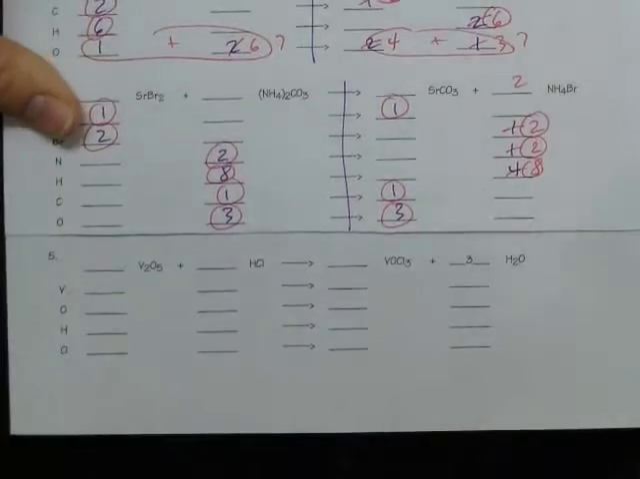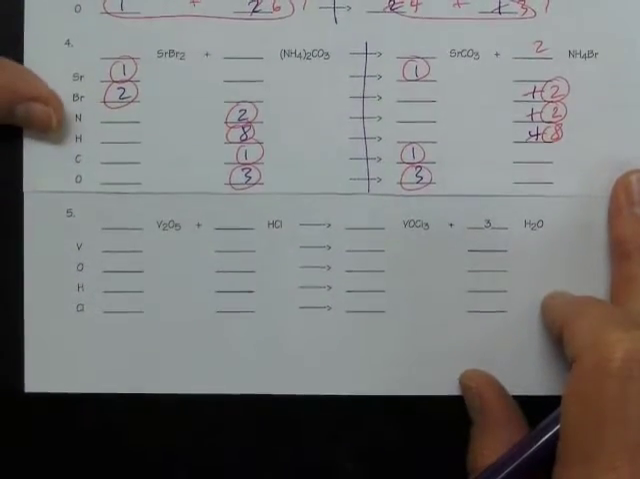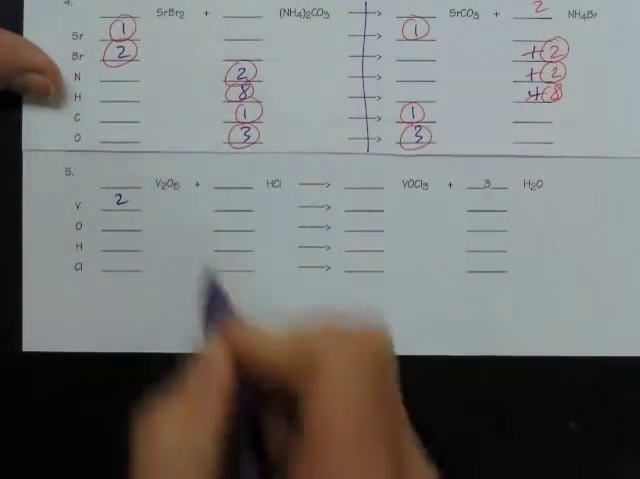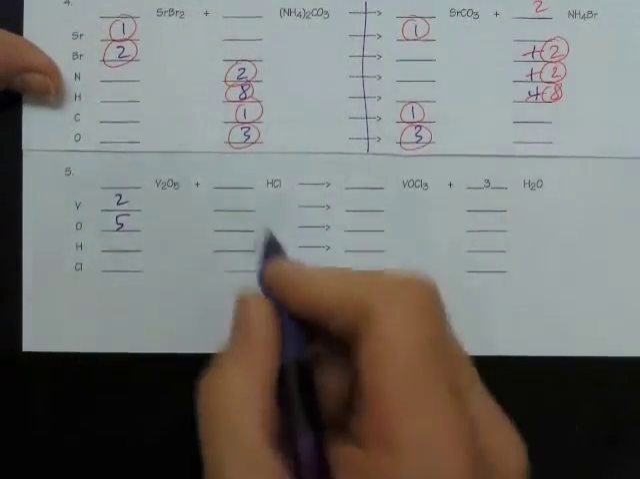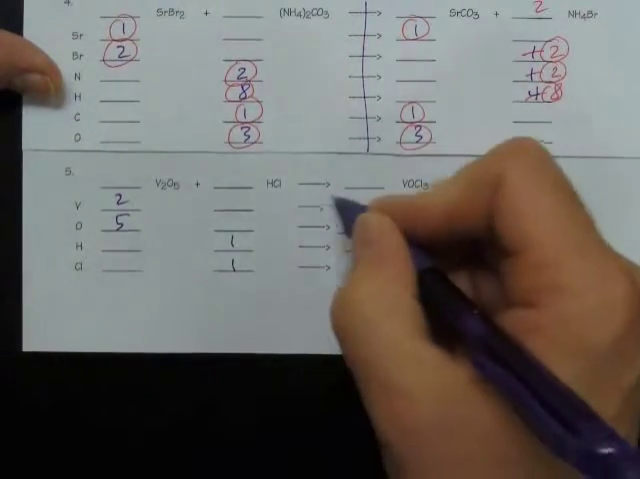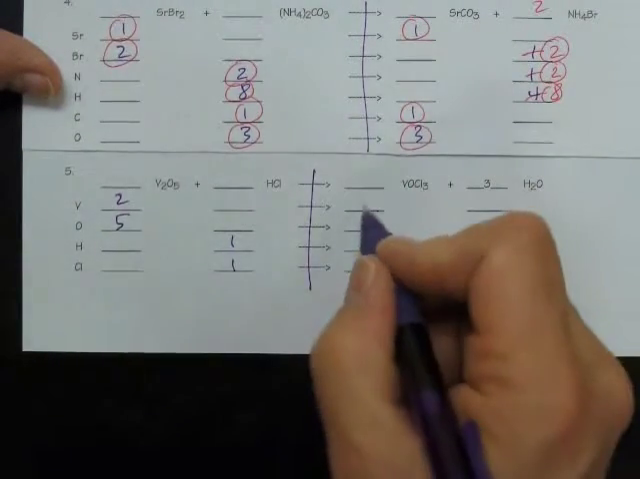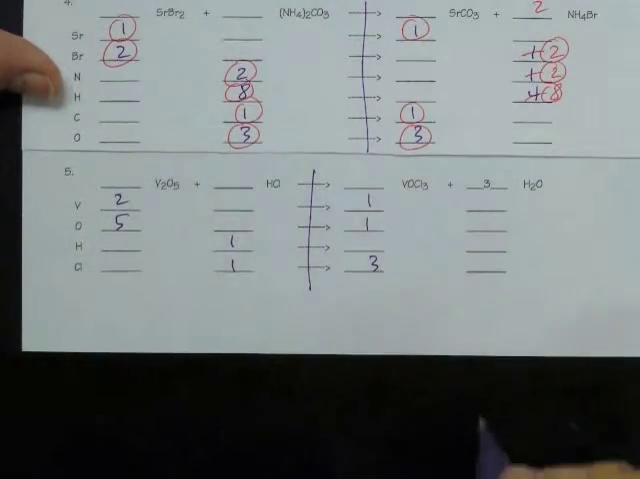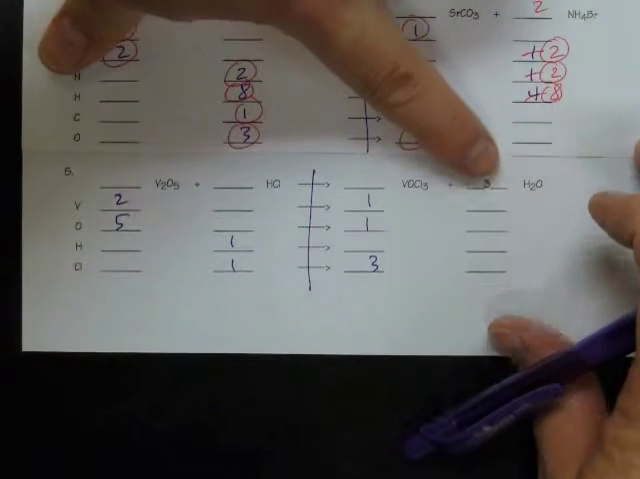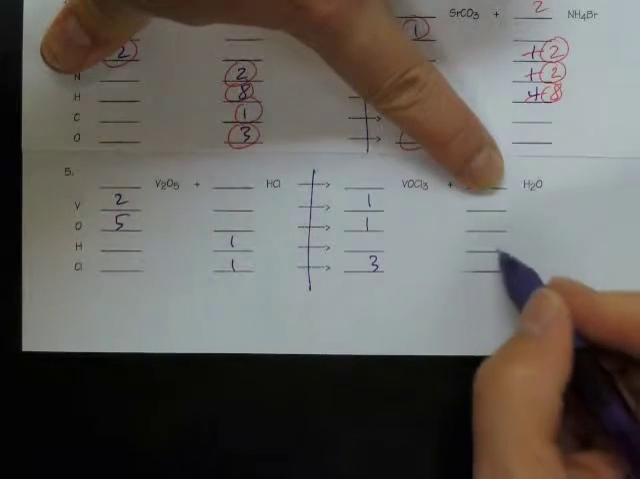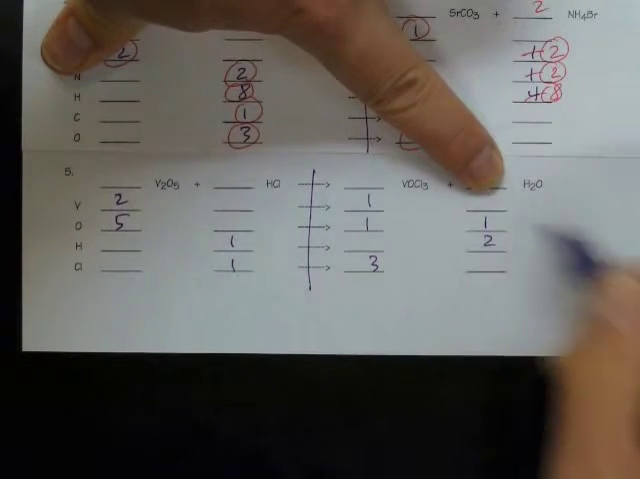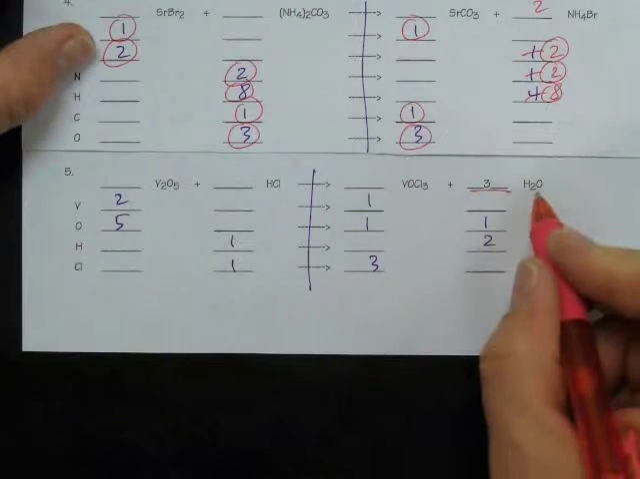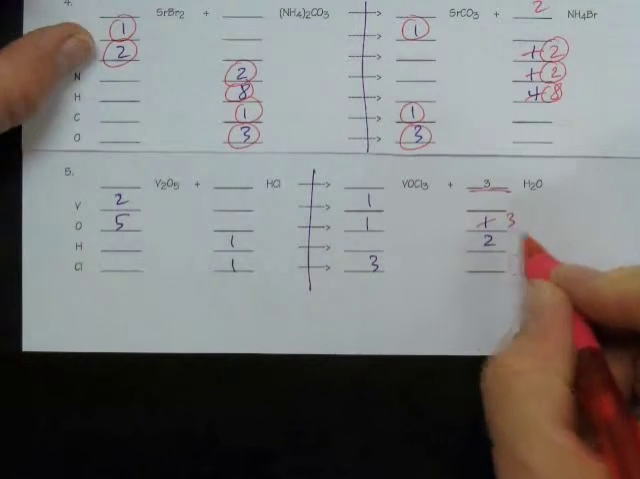Alright, moving right along. I'm going to do the next one, number 5. Start by counting how many vanadiums. There are 2, and then 5 oxygens. Hydrogen 1, chlorine 1. Divide the reactants from the products. 1 vanadium, 1 oxygen, and 3 chlorines. And then the water here, I'm going to count 2 hydrogens and 1 oxygen. And then, since there's a 3 coefficient, I'll apply the 3, multiplying everything in the formula by 3, changes that,